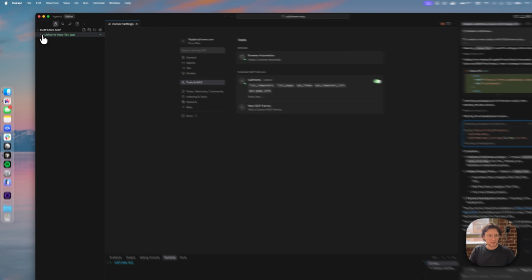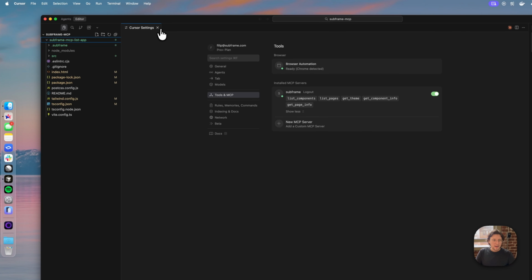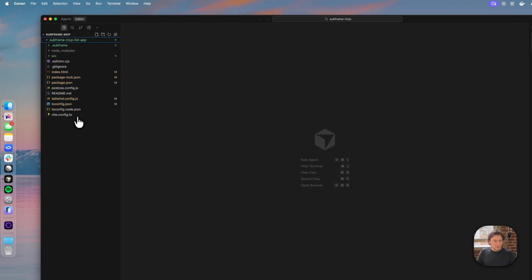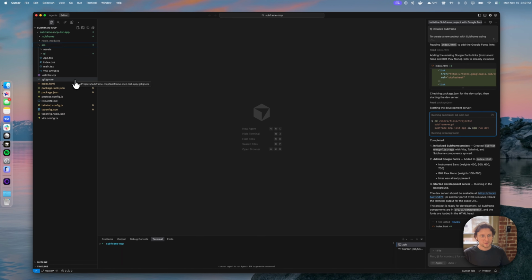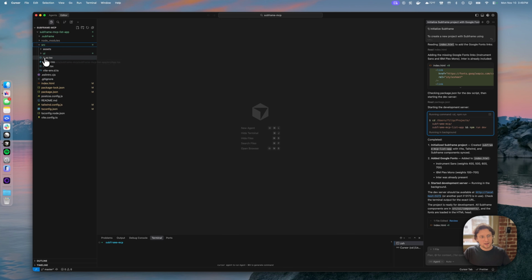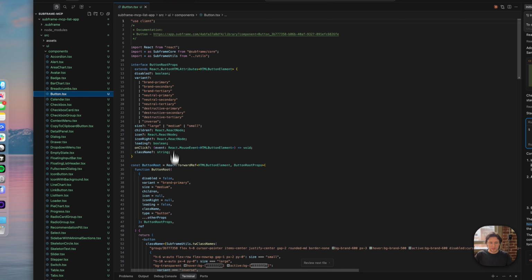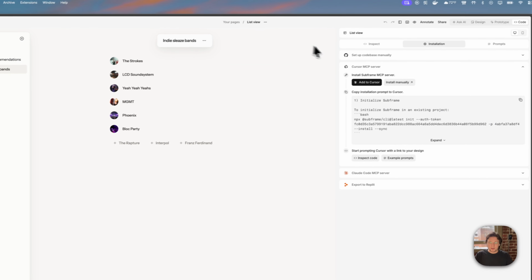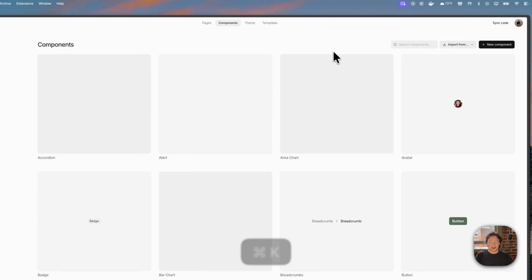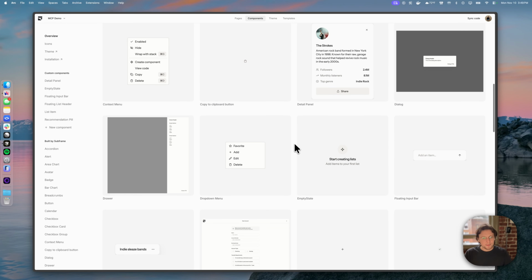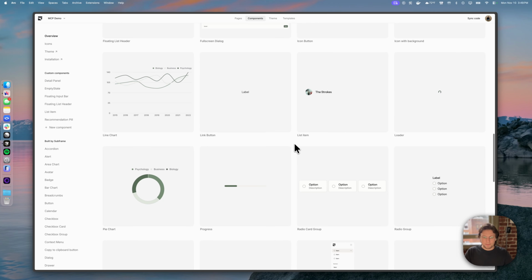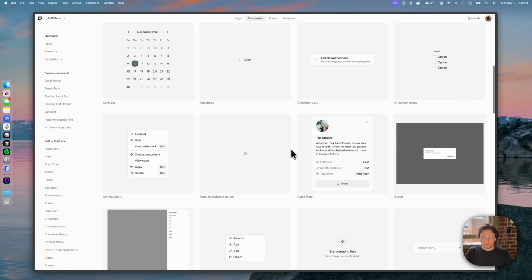So once that's done, we can see our folder, we can expand that here. And you can see that it's set up the basic structure of my folder. Now, this is the really cool part that helps you understand how Subframe truly works. If I go to this UI components folder, all of these components that you see here are directly coming from the components that I have in Subframe. So basically it synced my entire design system and brought all of these components, including the custom ones